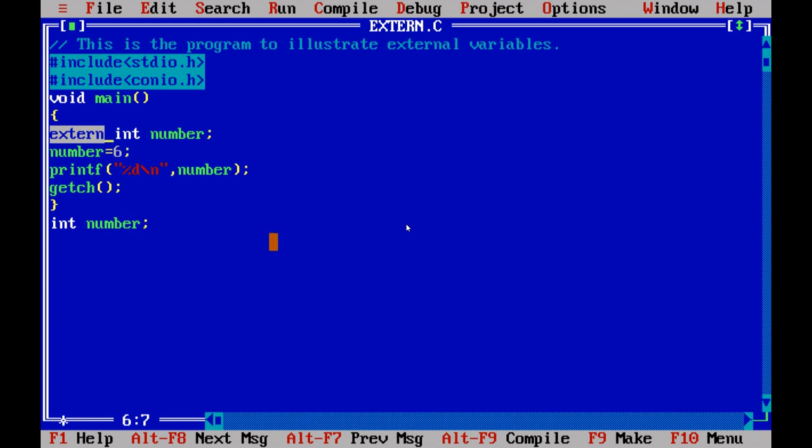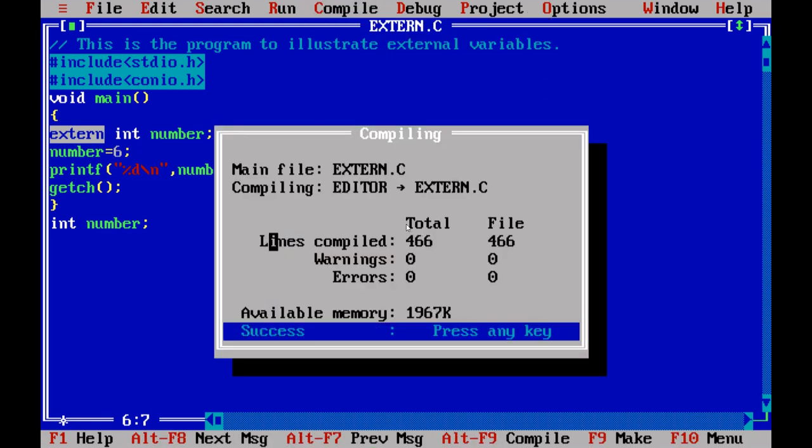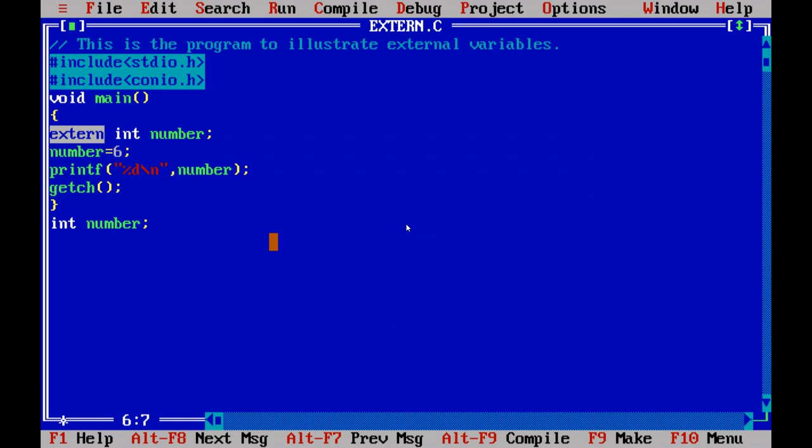Okay, so you just see the reference here. Now I am compiling here. I am not getting any error message here. The reason here is since I have given the keyword extern, we have given the information to the compiler. That's why the compiler is not showing us any error message here.